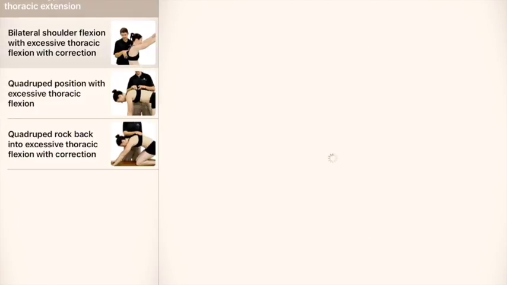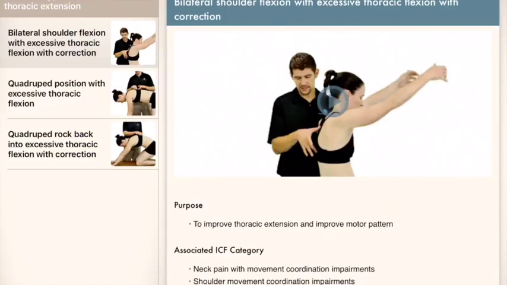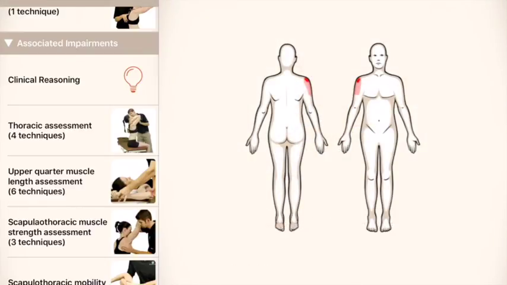So we can observe that and see if, when we correct this thoracic kyphosis, the patient has decreased impingement pain or a decreased arc of pain. When you look at the associated impairments, you'll see that we've added potentially thoracic stiffness as one of the impairments,